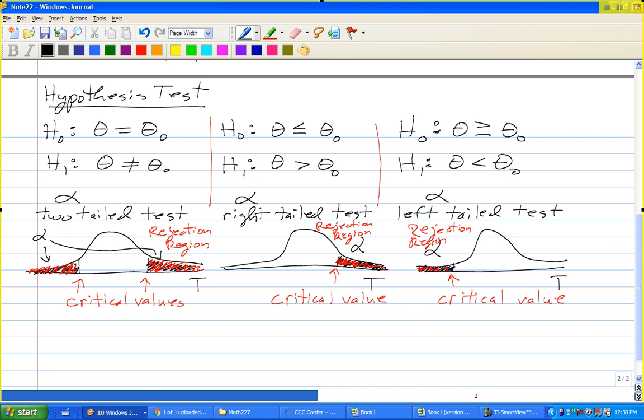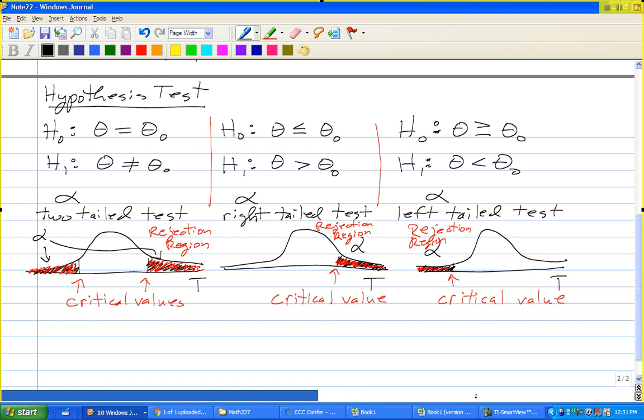So always look at the alternative hypothesis to see where the tail is in order to actually do the hypothesis test. Always look at the alternative hypothesis. Okay. Some people call the alternative hypothesis the research hypothesis. So you'll also hear that terminology. Okay, so